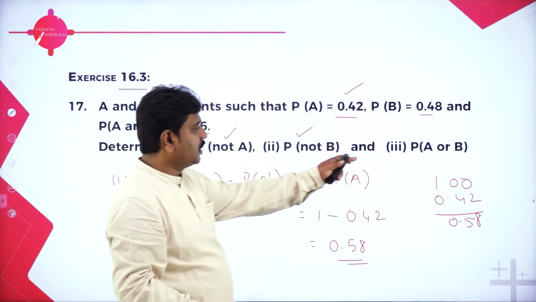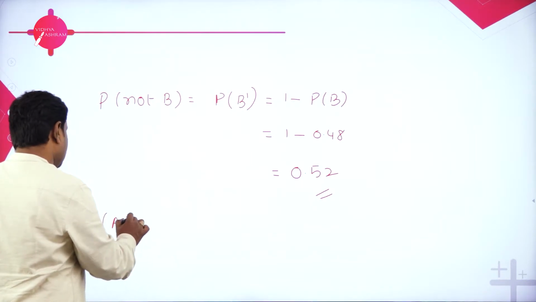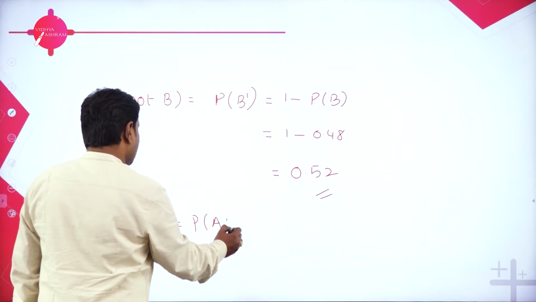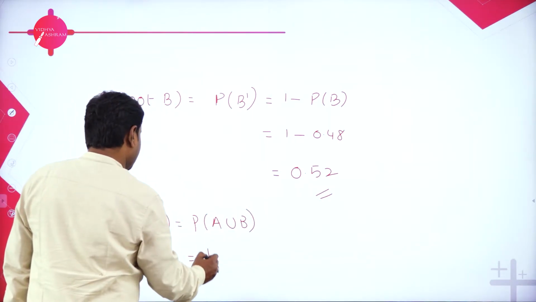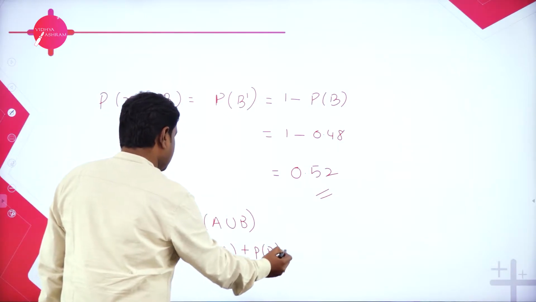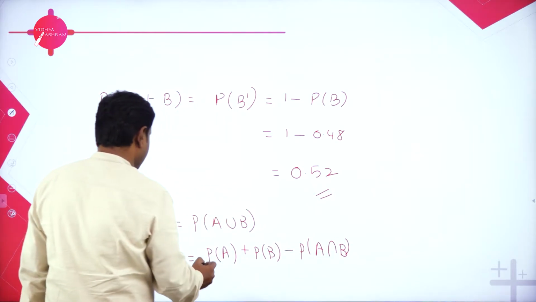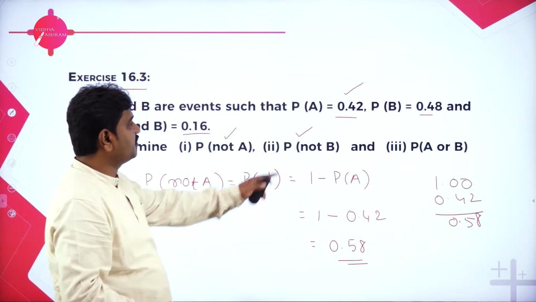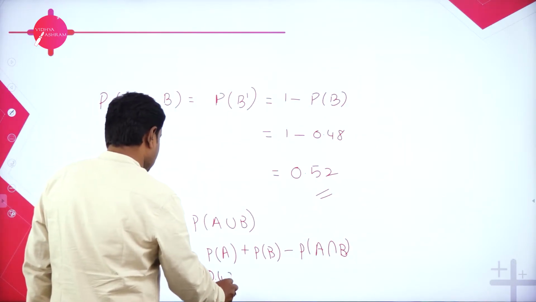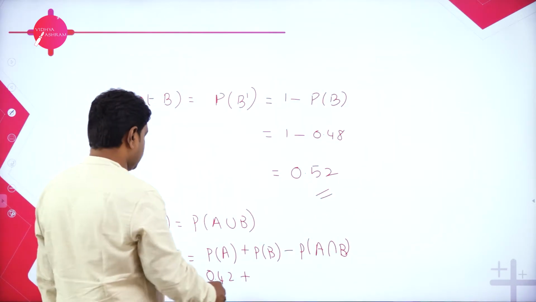Then they want P of A or B. See, P of A or B means what? P of A union B. What is P of A union B? P of A union B is P of A plus P of B minus P of A intersection B. So now substitute the values. P of A is given, 0.42, plus P of B is also given, 0.48